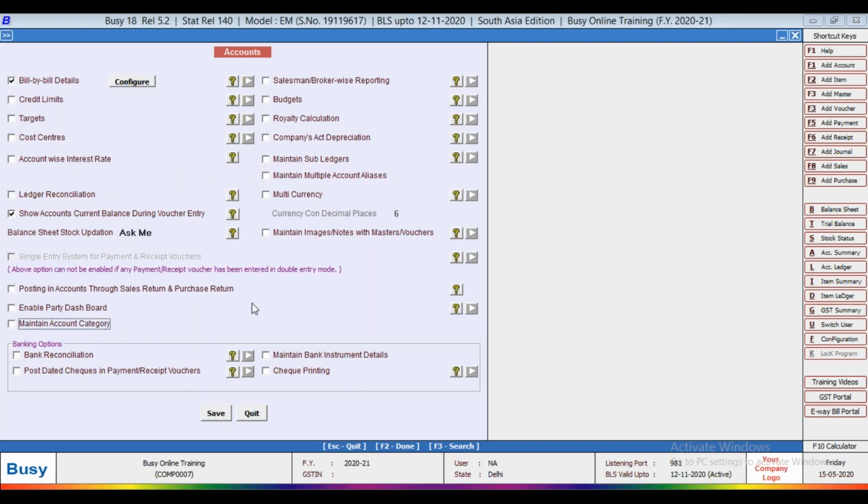Now, next option is bank reconciliation. Suppose you are giving some advance checks or receiving some advance receipt, and as per your date you have not posted the entry in your accounts. So this option, bank reconciliation, will help you for matching the bank statement and your computer statement. It will help you for matching the statement according to your bank and your book that is maintained in your software.